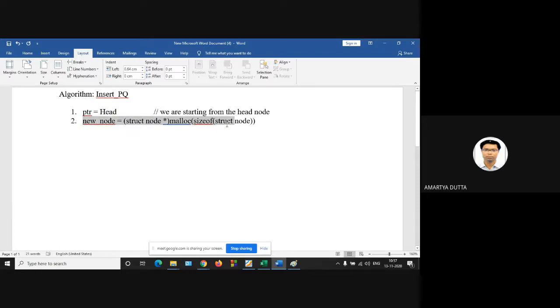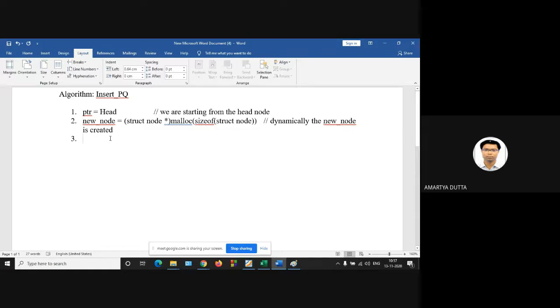Get node is a function by which the new node is created dynamically.